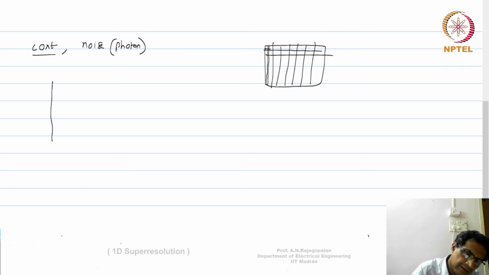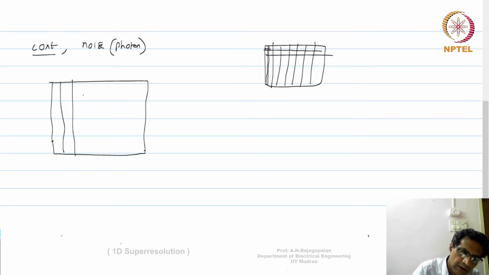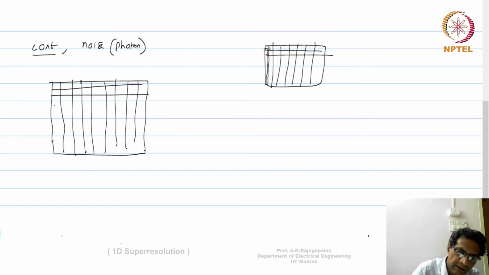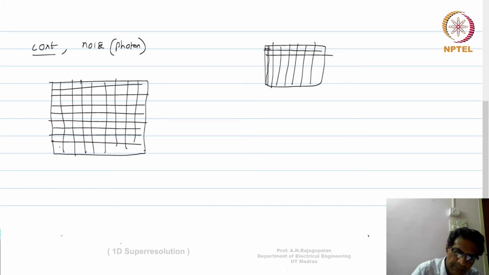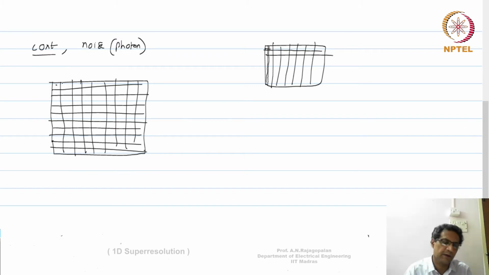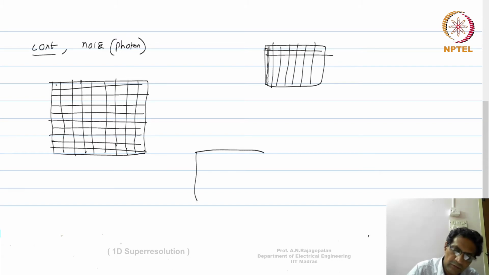Assume that ideally, if you had a high resolution camera, that means you're able to sample the scene in a very fine manner. So your spatial sampling is very good, at a very high rate. That means your sensor size is really very, very small, and you're able to sample. Now, think of this ideal as what you would get from a high resolution camera. Now, when you capture an image of the same scene,